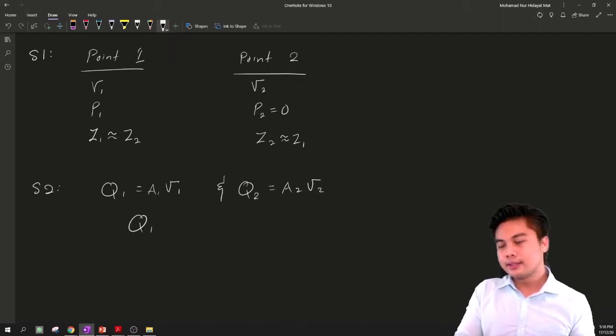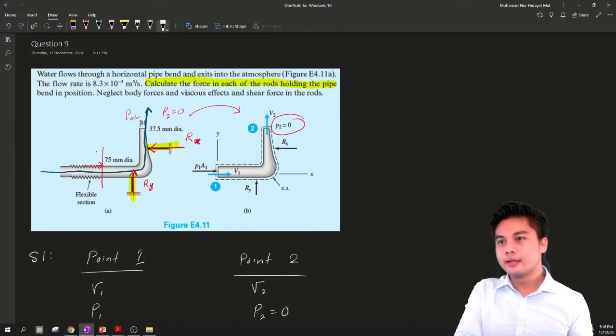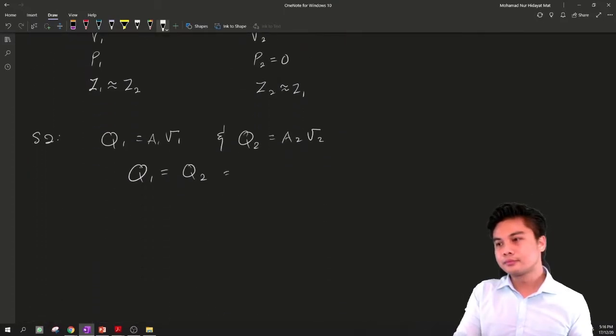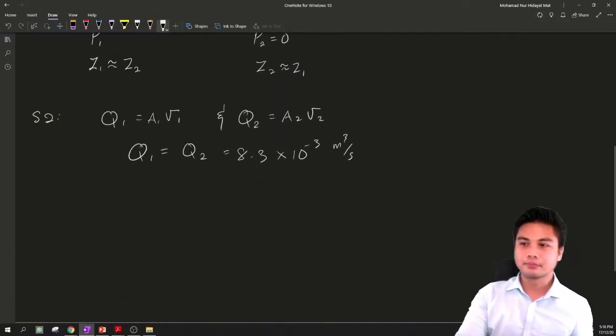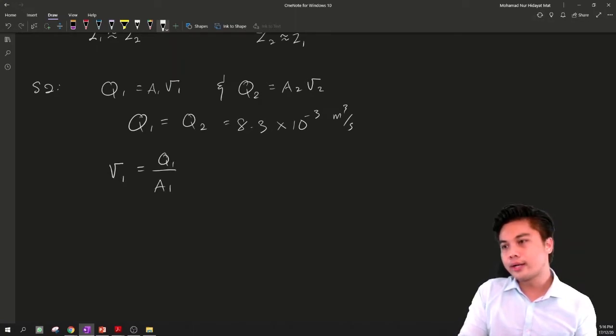Q1 is equal to Q2, and given here the flow rate is 8.3 multiplied by 10 to the power of -3 cubic meters per second. So from here, let's find velocity 1, which is Q1 over A1. Q1 is 8.3 multiplied by 10 to the power of -3 over area 1,